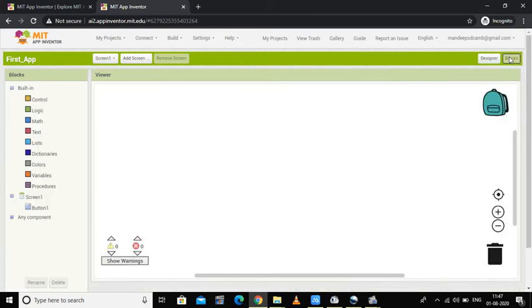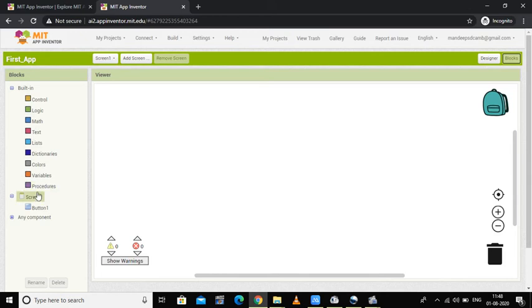If you select blocks, you will be directed to this window. Here, these are the built-in blocks which are available automatically. You can have controls, logic, maths, text, list, dictionaries, colors, variables, procedures. So all these are the built-in components.